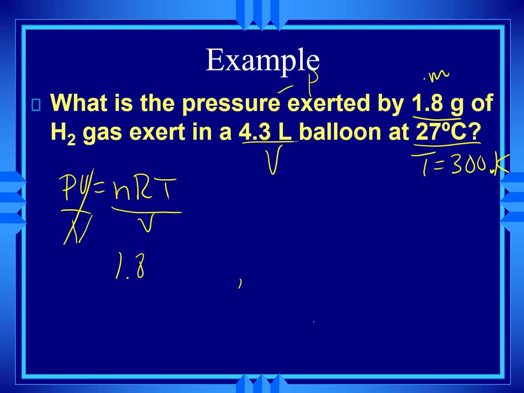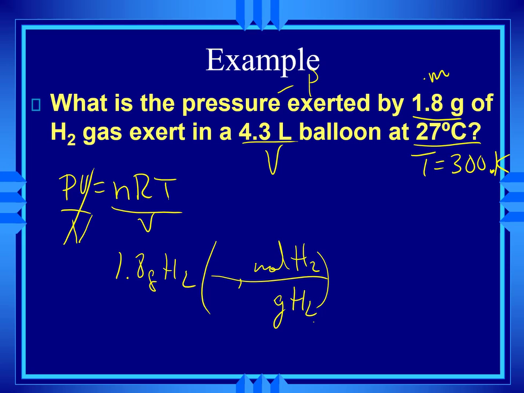And my 1.8 grams of H2, I want to get rid of grams of H2, change to moles of H2. 1 mole is 2.02 grams. So 1.8 divided by 2.02 is 0.89 moles of H2. So I can write that in, 0.89 moles of H2